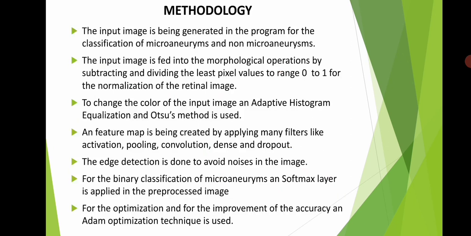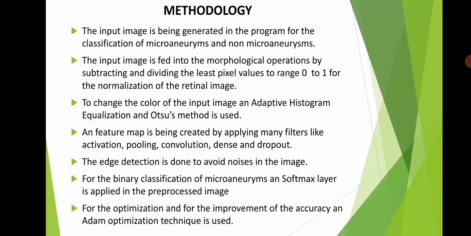Methodology. The first step is to upload the input image in the program for the classification of microaneurysms and non-microaneurysms. Performing morphological operations is the second step, which subtracts and divides by the least pixel values to range 0 to 1 for the normalization of the retinal image. The next step is to change the color of the input image by applying adaptive histogram equalization and